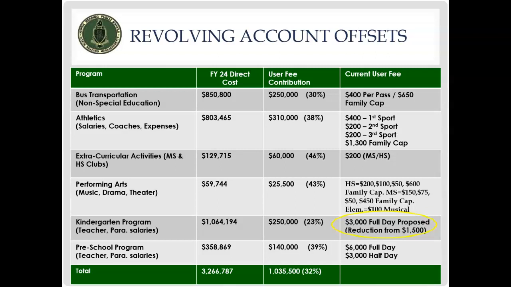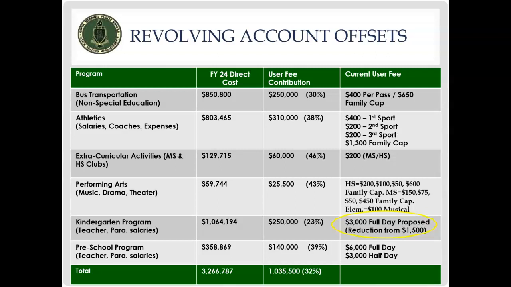The kindergarten program, we've been working on reducing the tuition, and we have that down to $3,000. The fiscal 24 budget has a proposal that would reduce that even further down to $1,500. We would like to have free full-day kindergarten by fiscal year 25. That's in our strategic plan. But what we're bringing in with the proposed $1,500 user fee would cover about 23% of the direct cost of the salaries in that program.